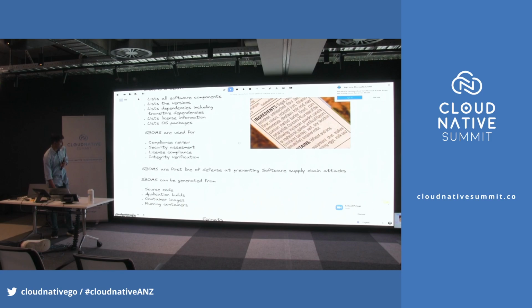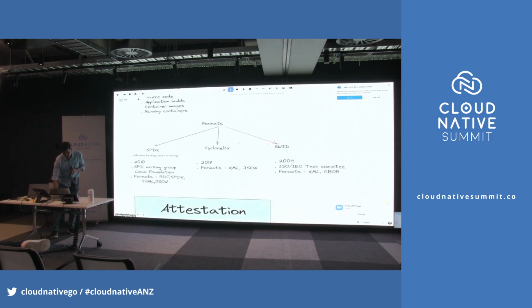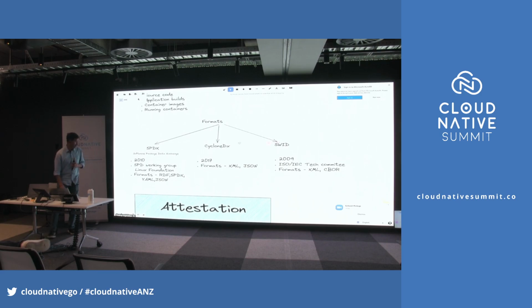We'll just jump through some of these. These are known. Okay. There are two primary specifications for generating SBOMs. One is SPDX and the other one is CycloneDX. I've also put in SPID. SPID is a much older format. It's not in much use, but the primary specifications that I use to generate SBOMs now are SPDX and CycloneDX. SPDX stands for Software Package Data Exchange.